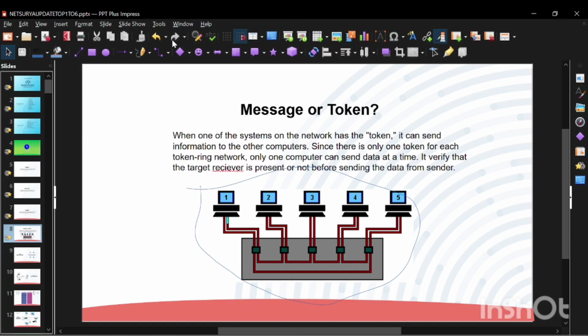Have a look here. A small data packet called a token keeps circulating in the network. When a computer gets the token, it checks: do I have any data to send or receive? If yes, it grabs the token, sends the data, and then passes the token to the next computer. If not, it simply passes the token forward. So that's all about our token. It's all about working in the form of a request.